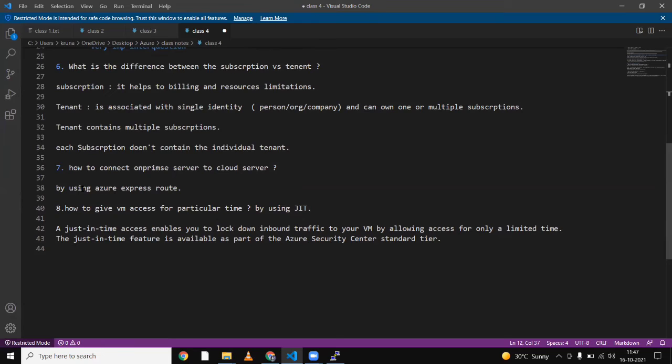That is an on-premises setup. So how do you connect that on-premises setup to Azure cloud services? It is possible with the help of Azure ExpressRoute. You search what is meant by ExpressRoute, and you will get the details, because these are the questions being asked.